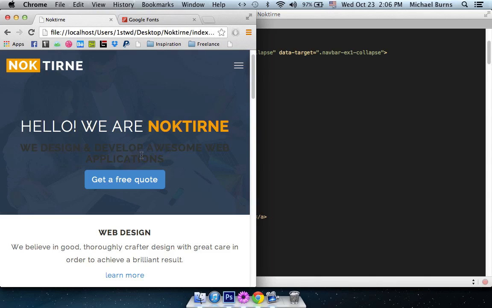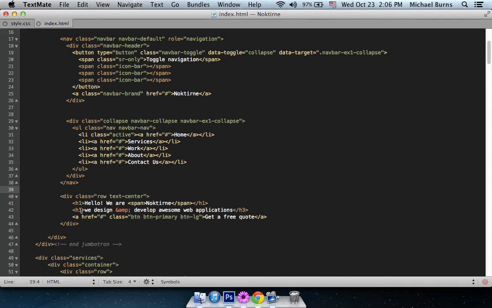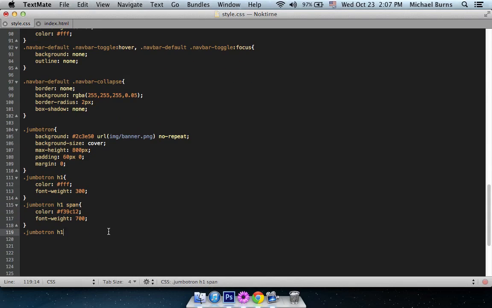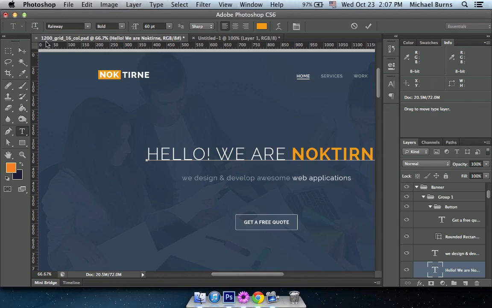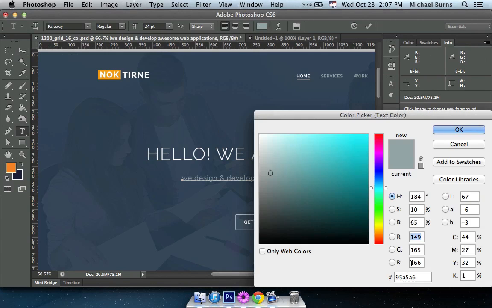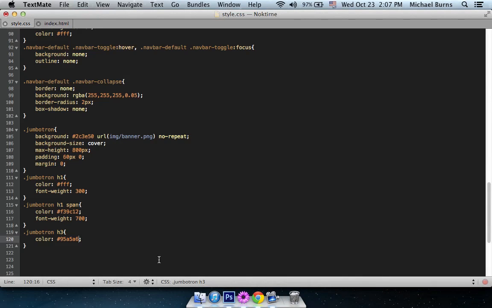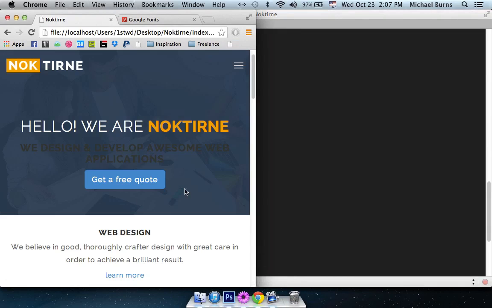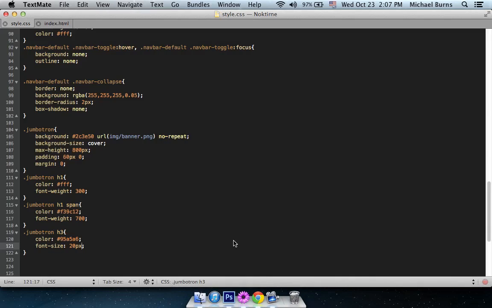Now another thing is to style this one, which is the H3 tag. So switch back to CSS. Now let's target the H3. Now for this one, the color is this. And let's reduce the font size to 20 pixel since this is the mobile side. And also let's change the line height to 30 pixel,